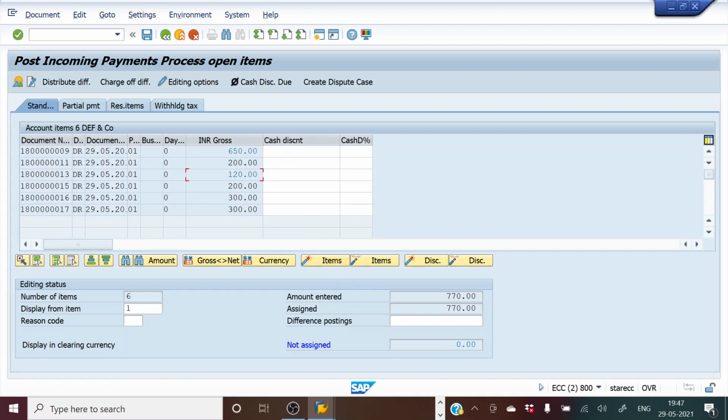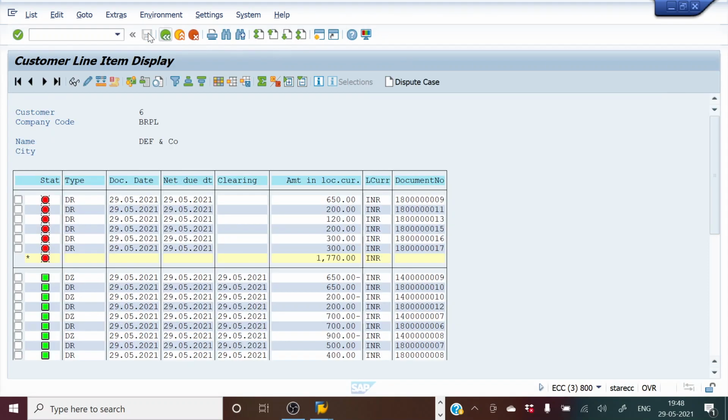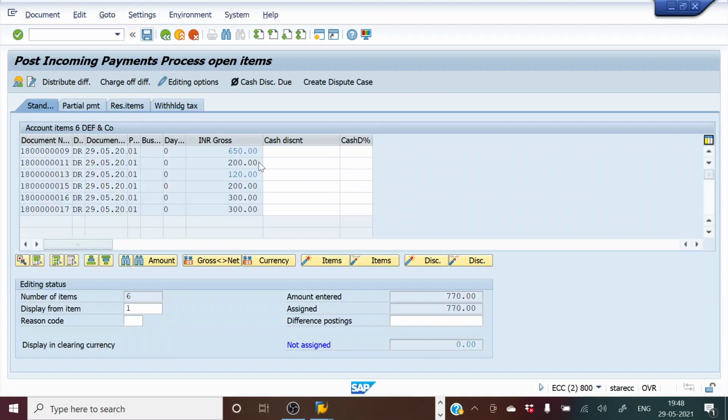That makes 770, and the not assigned is 0. So once I hit enter, post, once I post this, the payment of 770 would be set off against 650 and 120, and if I go back here, you see that the 650 and 120 will move from open items to cleared items. So that's what I'm going to do.